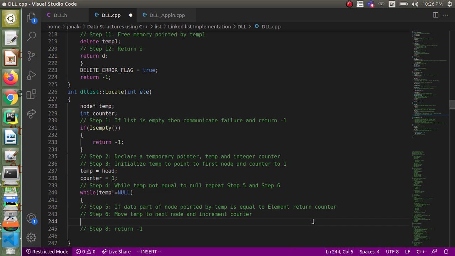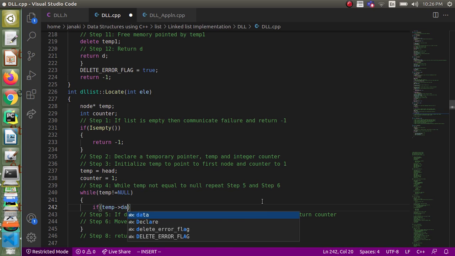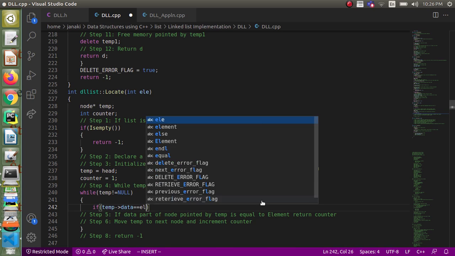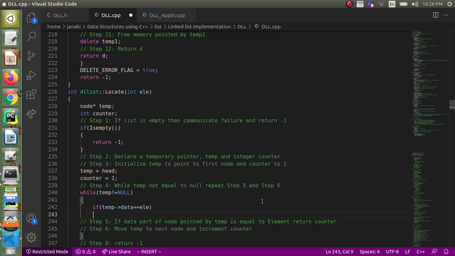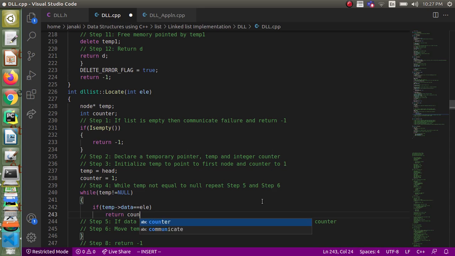If temp data is equal to element, then we return the counter.